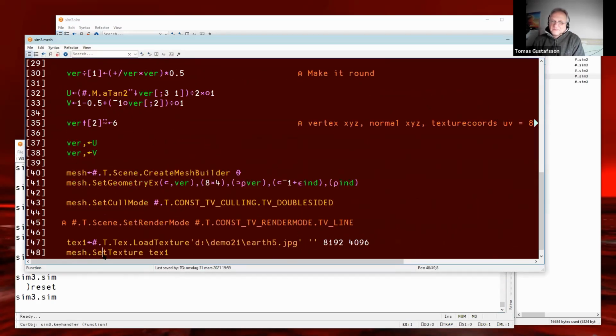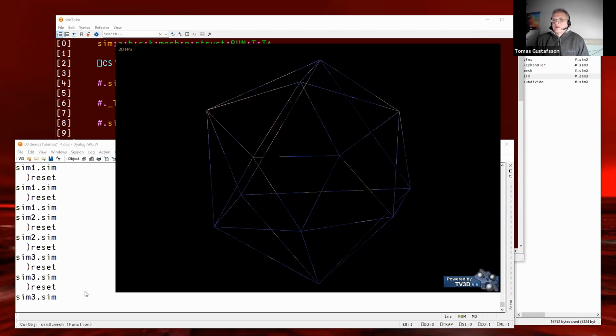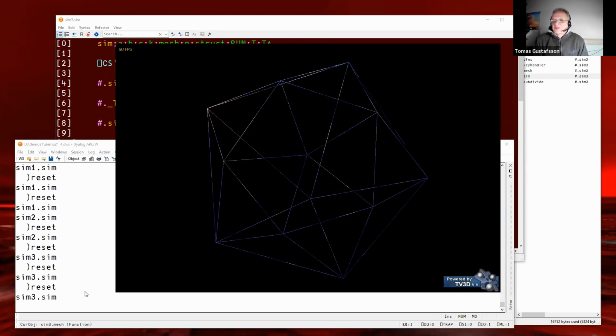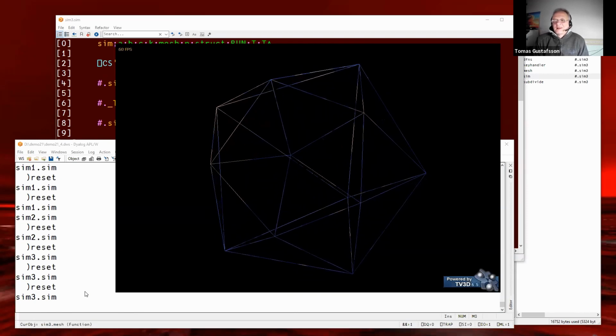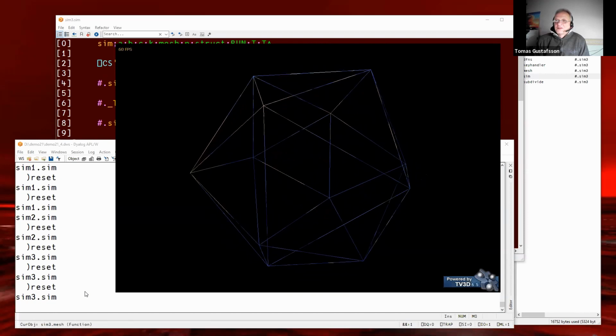It is here. Actually, I make it render as a line. Here. Much better. Now it seems to be in order, and it doesn't flicker away vertices.